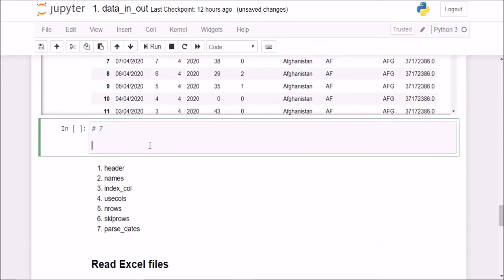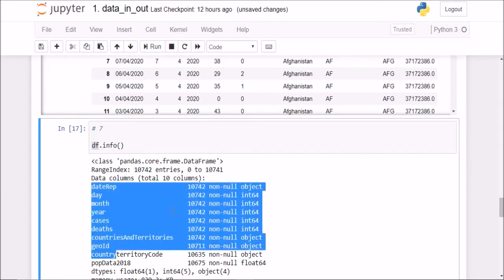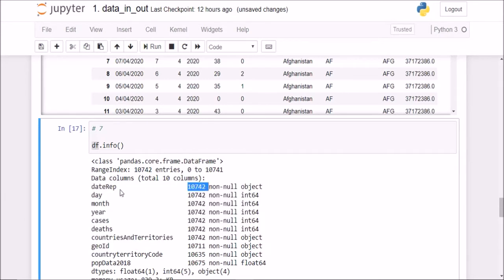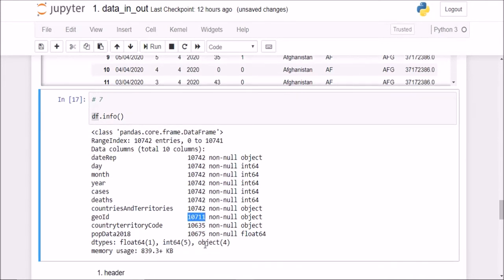what the information is about this, right? So we'll say df.info. This info is a method that we can use on this data frame. Now this will tell us that it has 10,742 entries. These are the column names here, and these are how many values each has. So date rep has 10,742, and some of them have less than 10,742. That is, some of them have nan values, that is there are missing values there,